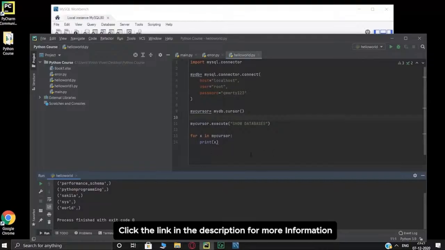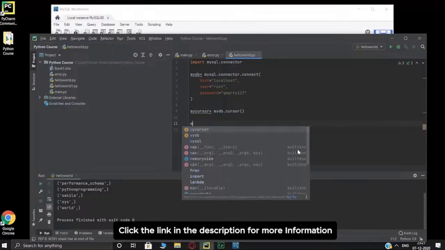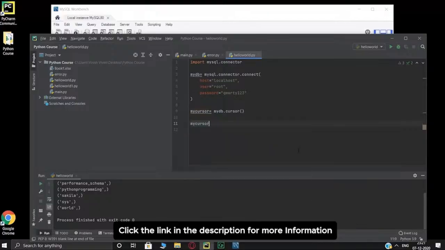To create a table, we're going to keep this over here, which is going to call for your cursor, and then my cursor dot execute, and inside this we're going to run the code to create a table. The code is create table, and then the name of your table. So let's create a table, customers,